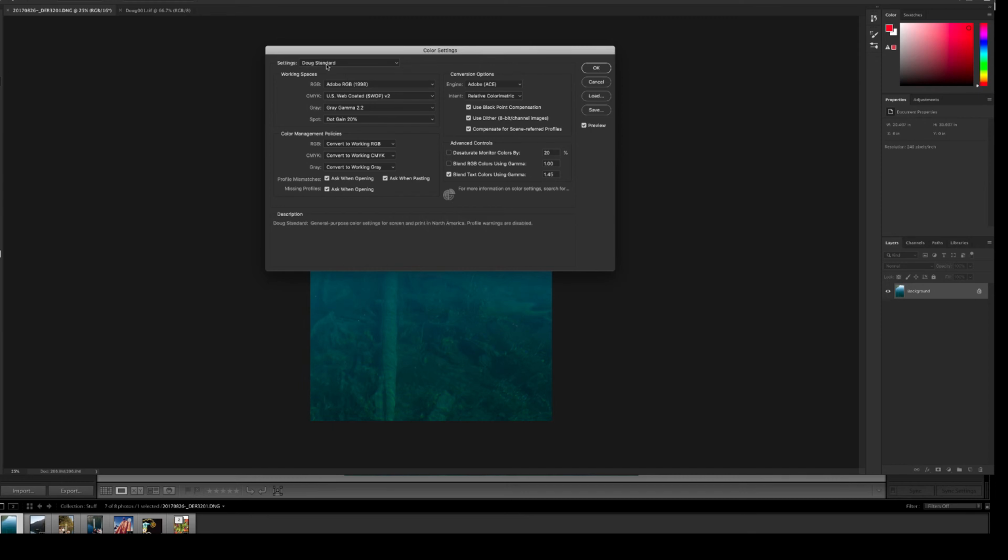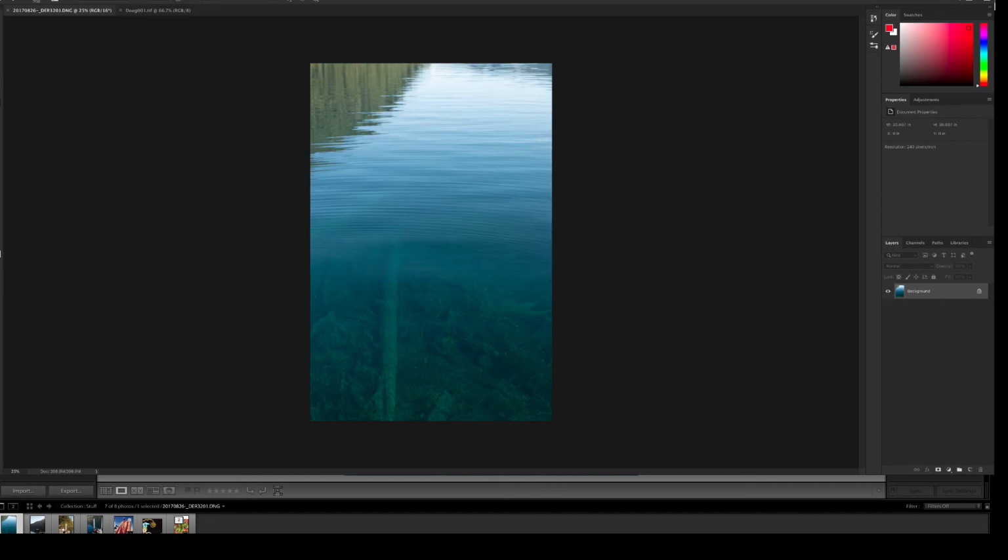Now, that second window that just popped up that I closed was just a space where I was allowed to put notes about why I configured things this way. And that has to do with workflow. And as you can see, there's this little description down here that corresponds to that little window, and I didn't write anything. Okay, get that? And that about covers it for the things that we want set up in Lightroom and in